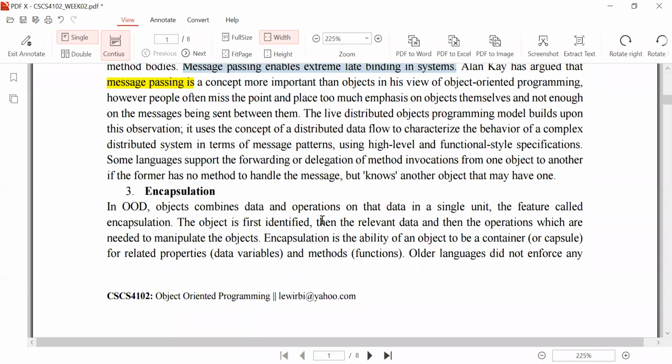And when you have the methods, you will now need to identify if there is another object that needs to interact with your object. It needs to send a message to your object. What is the format of the message that it needs to send? What is the content of the message? Okay, it's just the same like you have